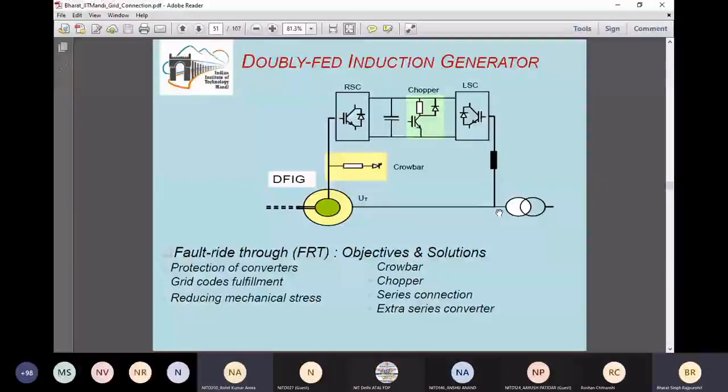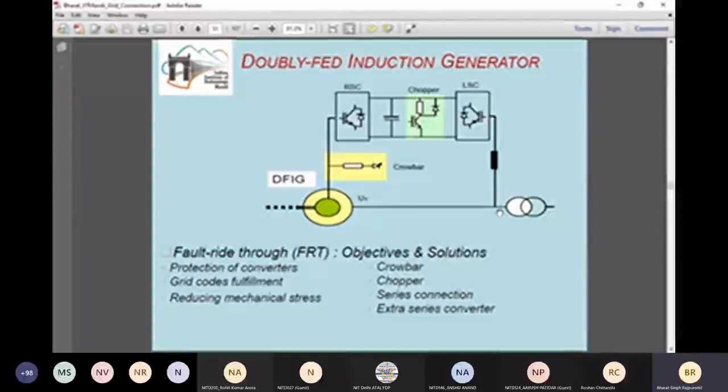Thank you. Fine. So I will show you a control schematic also of these two converters. At that time, once again, I will highlight how this line side converter can act as a static compensator, because let us take an example, let even the wind not be blowing. Fine. The DFIG is simply idle and it is not rotating. What is the utilization during such time of these converters? Because the converters are already installed.